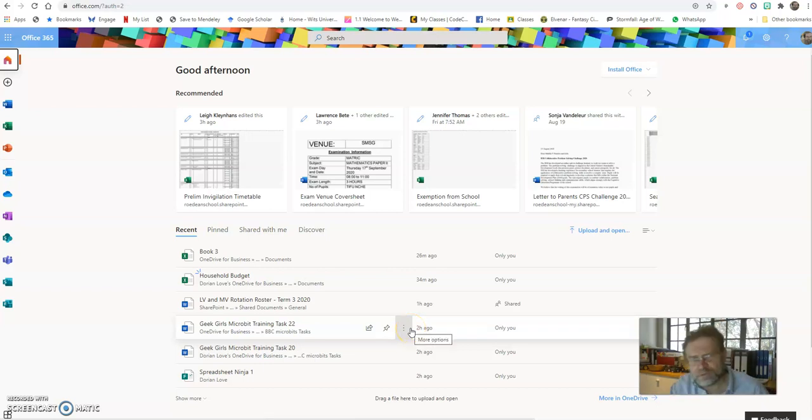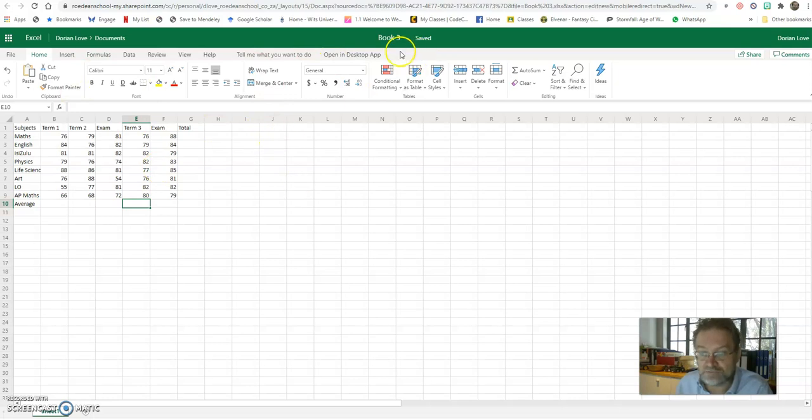In this next assignment, we're going to work in the cloud. So we're going to work on Excel online rather than in the desktop app, so we get a feel how it works in both ways of working. So I've gone to my Office 365, office.com, and I've clicked on Excel, and I've opened up this Excel document. Again, it's called Book 3, because this is a workbook, and this workbook is just the third one that I've used. So if I want to change the name, I just select the name there, and